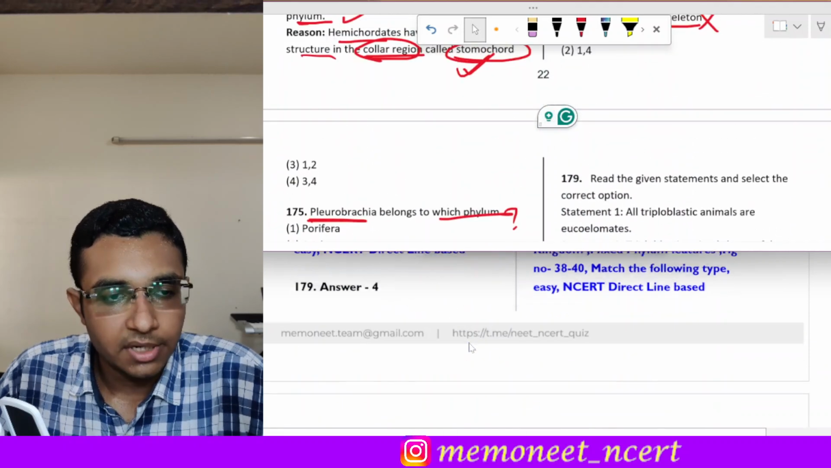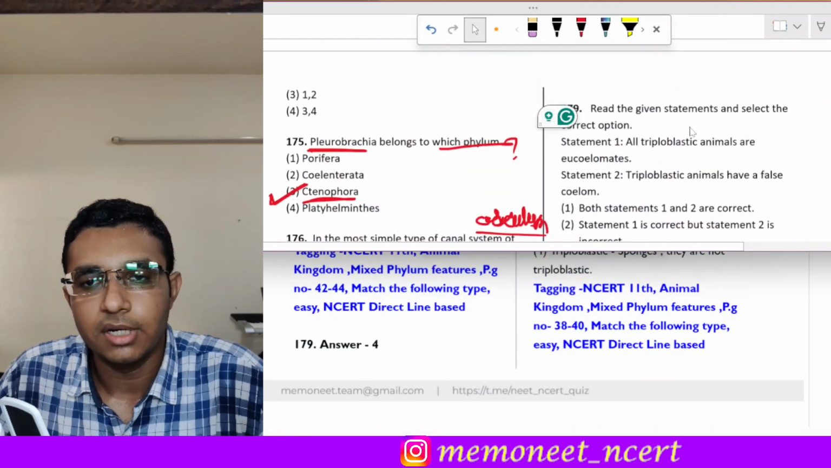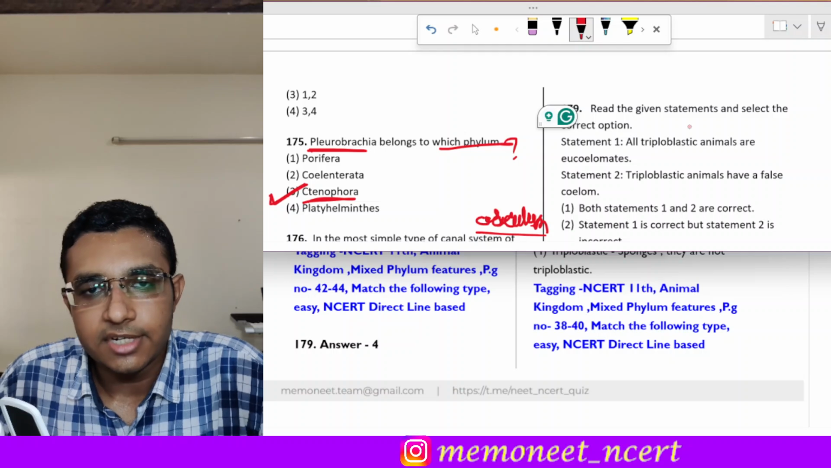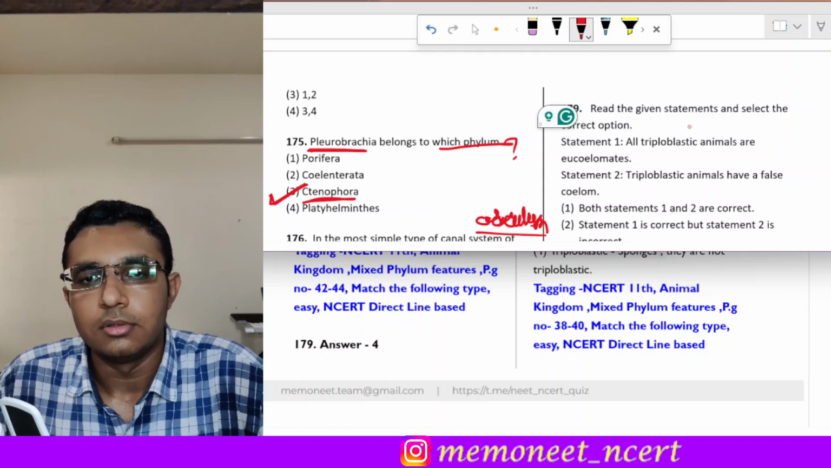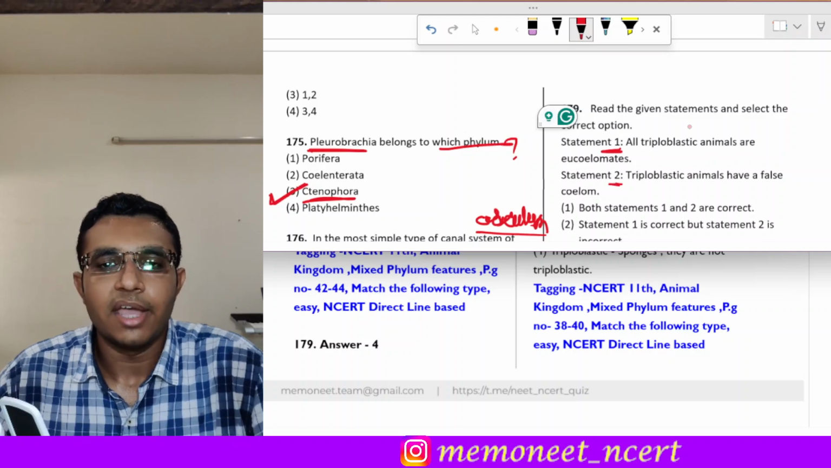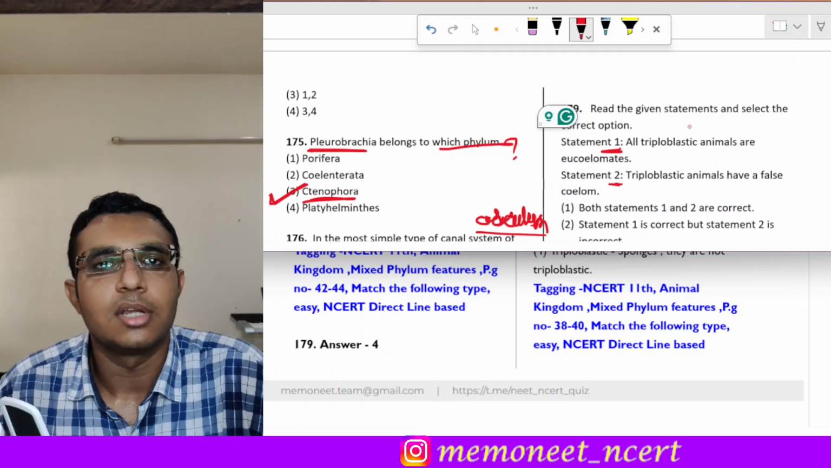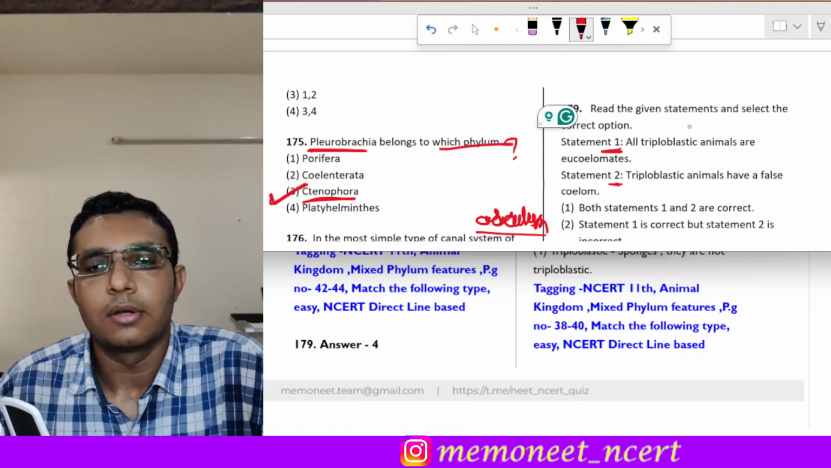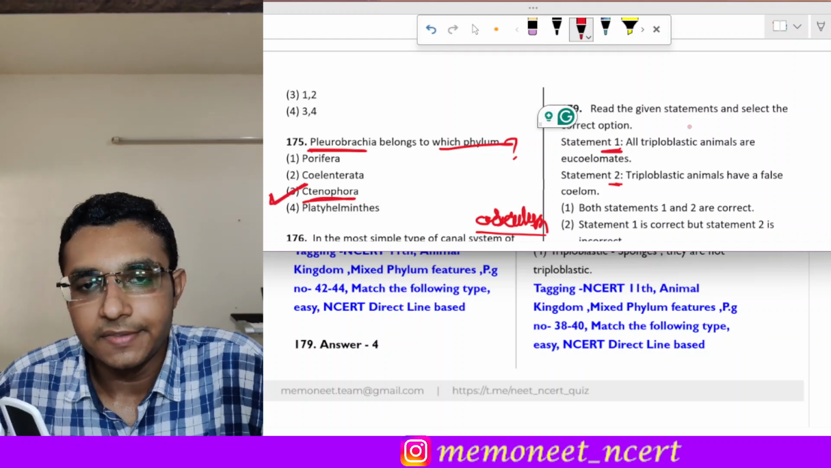Now moving on to the next question, that is question number 179. Read the given statements and select the correct option. So in the question there are two statements given, statement 1 and statement 2, and we have to identify the correct option, whether statement 1 is correct or 2 is correct. Okay, so let us read the statement 1. The statement 1 is